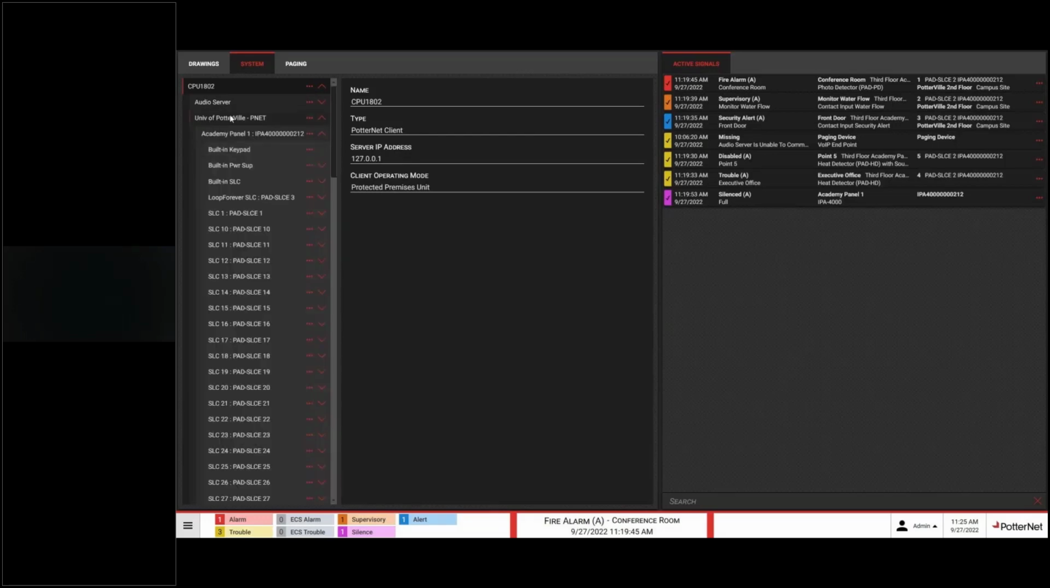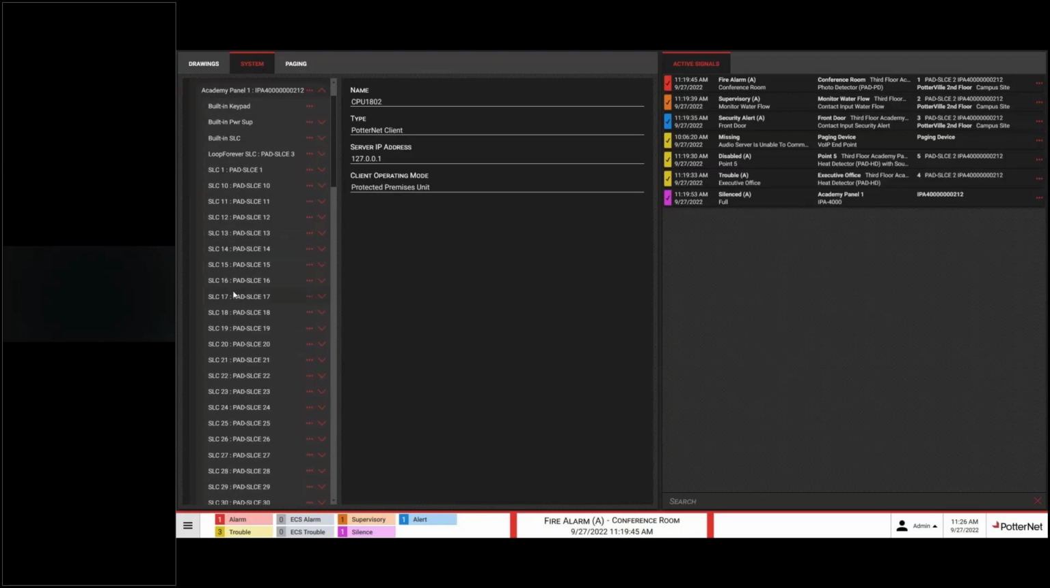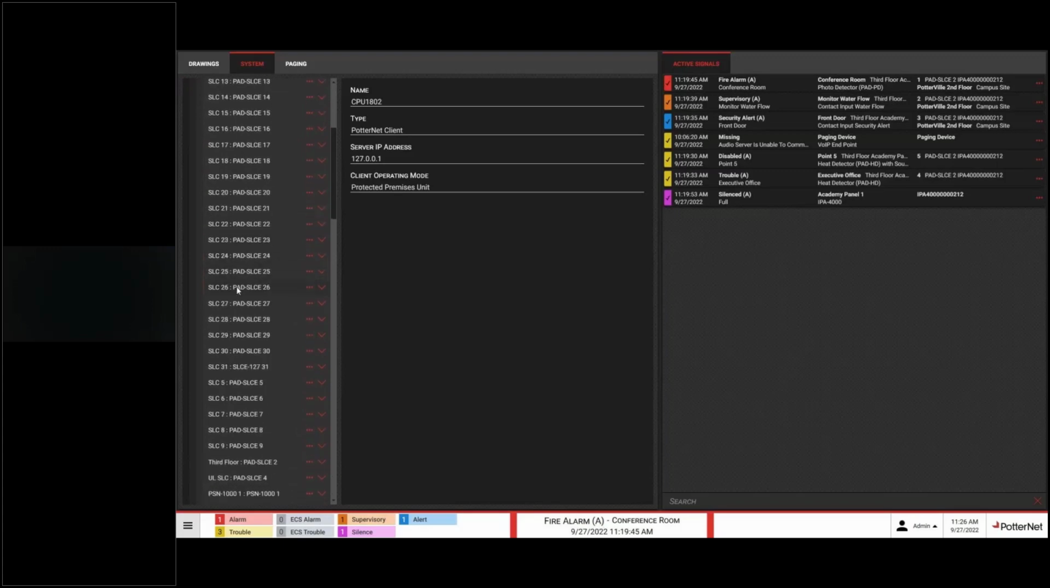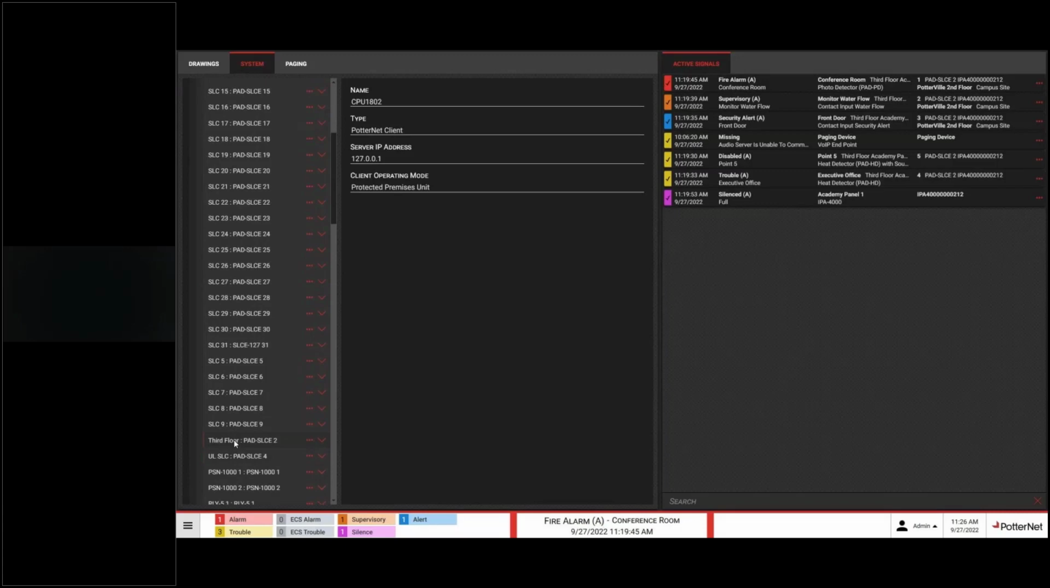So this is the University of Potterville PotterNet, and we have just one fire panel connected right now, so a small system. It shows you all of the devices on that panel, all of the loops. This is a fully loaded panel, and it's actually this third floor one down at the bottom here